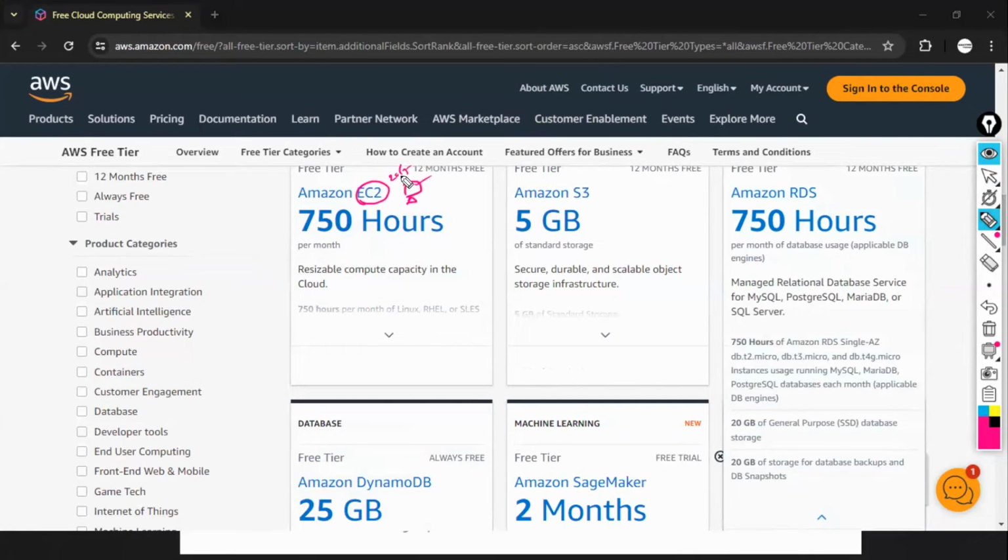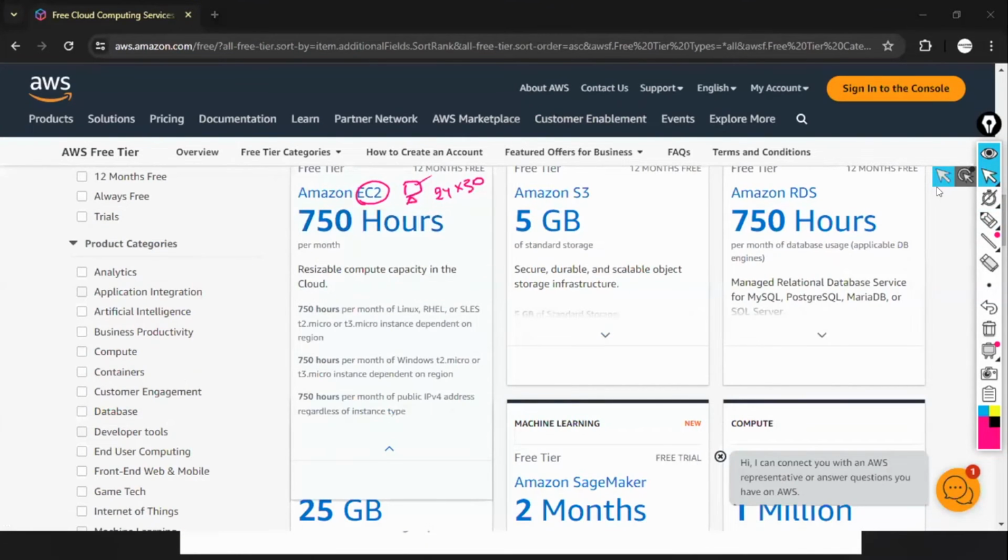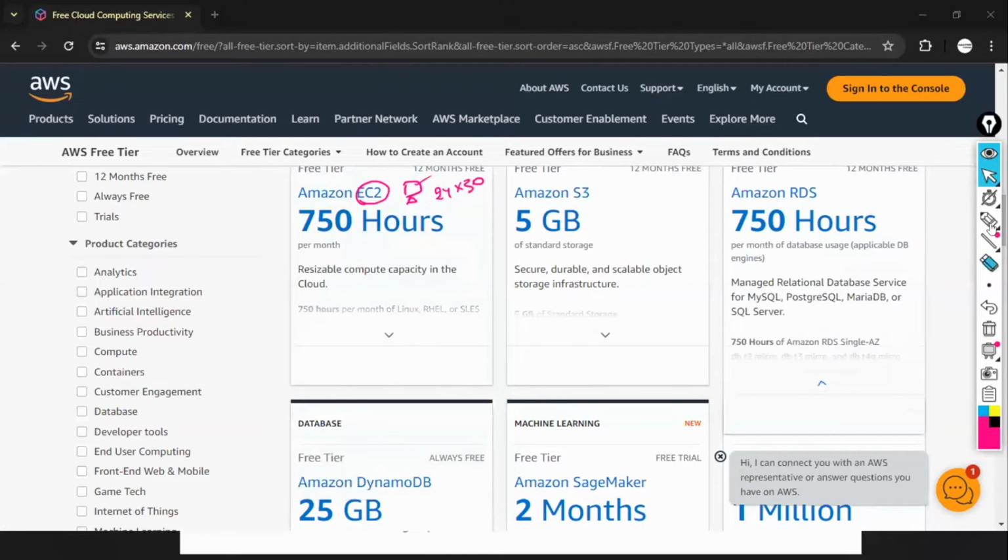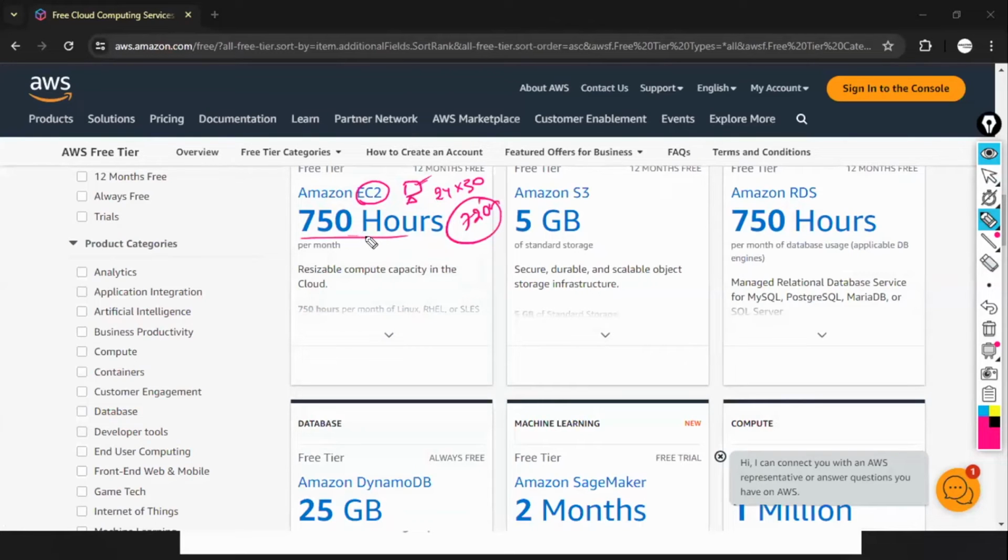If it is running for 24 hours, how many hours will it become? 24 hours into 30 days. It will be around 720 hours. If you keep this server running continuously 24/7 for 1 month, it will become around 720 hours. You are almost reaching this limitation. But what if you launch 5 servers?